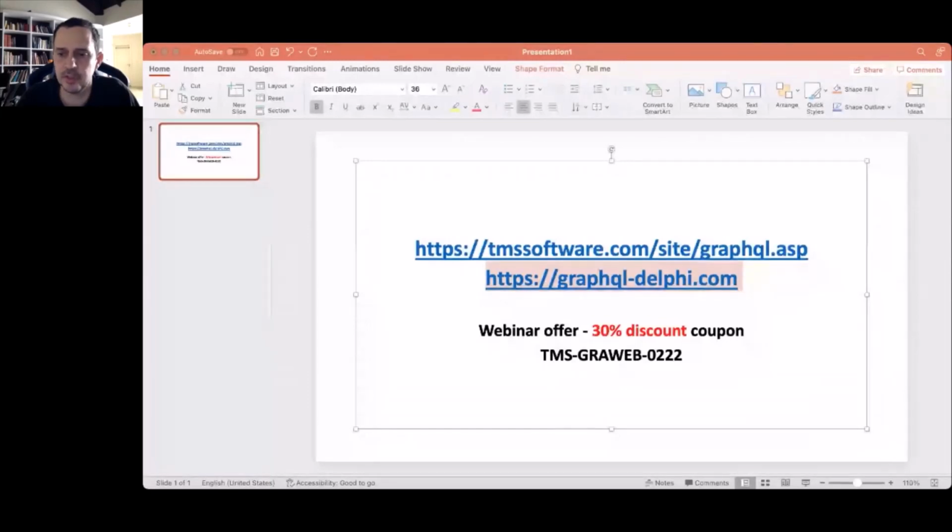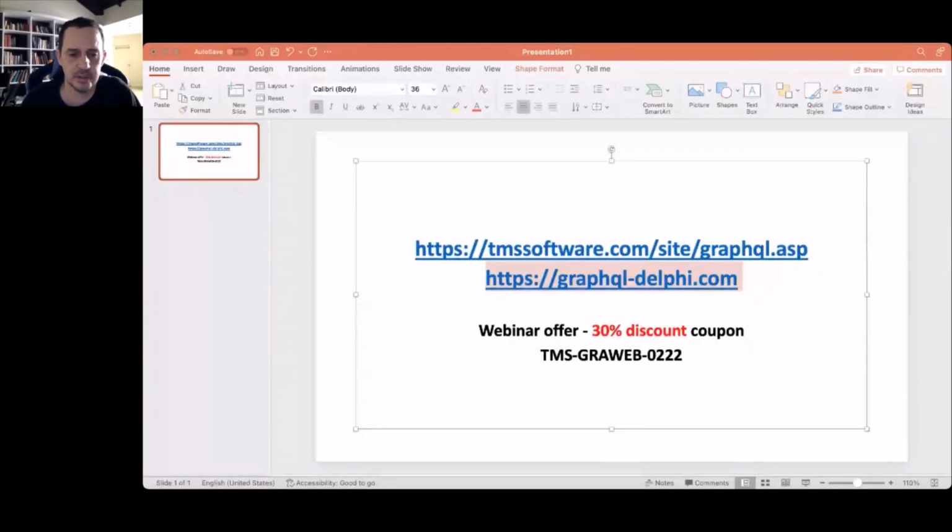Access to the source code of the samples from today. Actually, the samples that I have shown you here are the samples that are installed when you install GraphQL for Delphi. It's available from GetIt also.